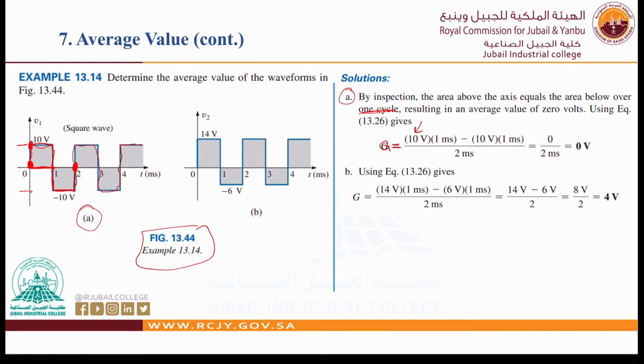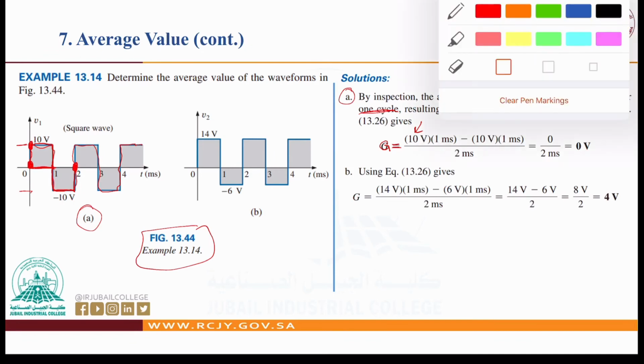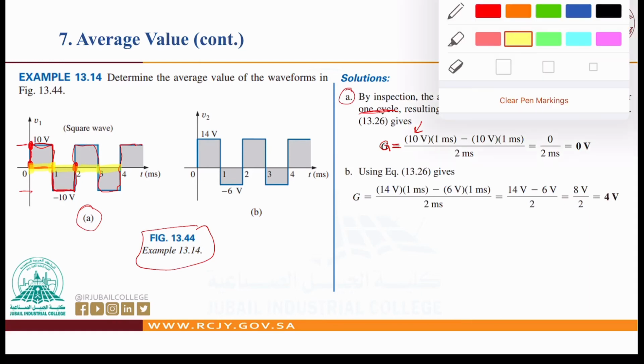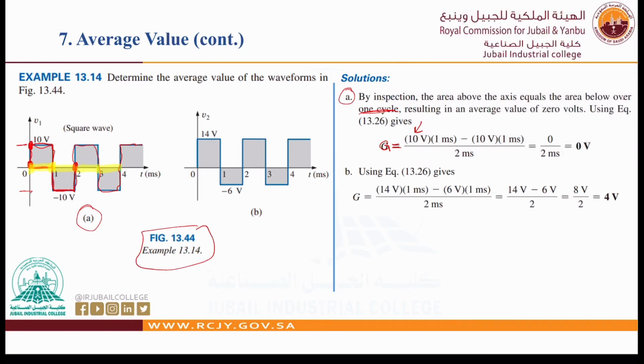Let me write with another color. This is 1 second, from here to here is 1 second, and this is 1 second, and this is 1 second. So I have 10 volt for 1 second. I have here also 10 volt for 1 second. So 10 volt multiplied by 1 second minus